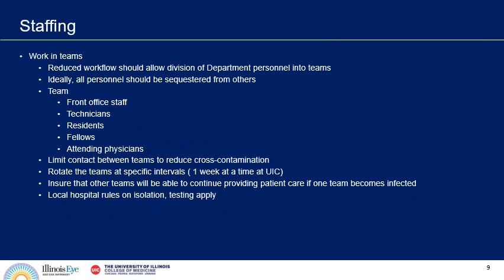Staffing is also very important. We have to remember that our primary goal is really to treat patients, but it's also to protect healthcare workers. And in protecting healthcare workers, that will continue your ability to treat patients. If an entire clinic becomes infected, the clinic will effectively shut down and patients will not receive the care that they need. So the easiest way and probably best way to do that is really to split up your department